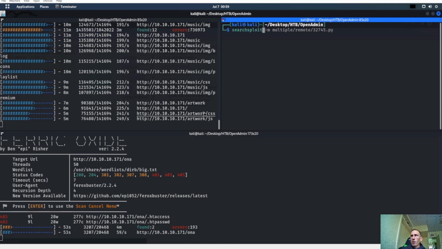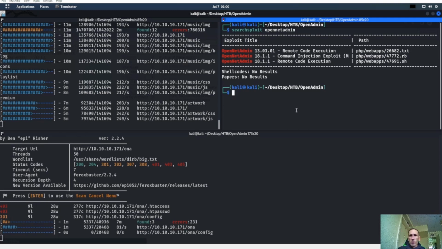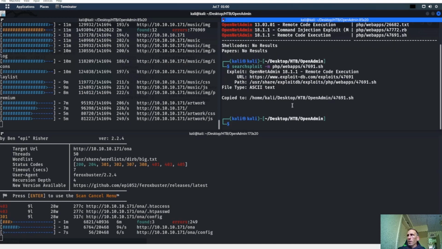Search exploit OpenNet admin. 18.1.1 remote code execution. Let's take it. We also have command injection. We have remote code execution, command injection. Let's go ahead and search exploit. Tech M, that guy right there. And let's go ahead and cat